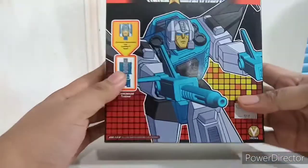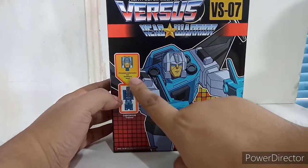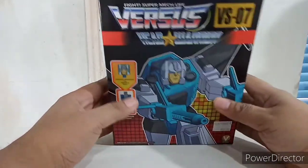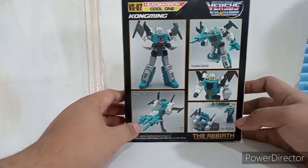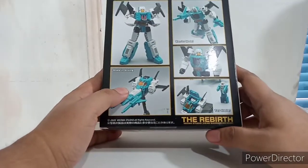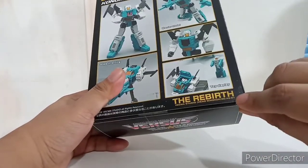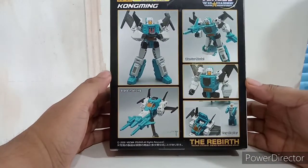We have this one from Vecma, which is another offshoot company, most likely, of MFT. And this is no other than Chromedome's head transformation into Brainstorm. I think his name here is KongMing. Sorry, I can't help it, but that's not really a very intimidating name if you're an Autobot. Hey, KongMing, transform. Anyway, it's from the Rebirth Vecma Studio line, so most likely they're taking part from that season